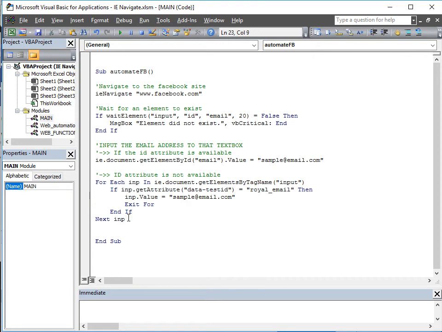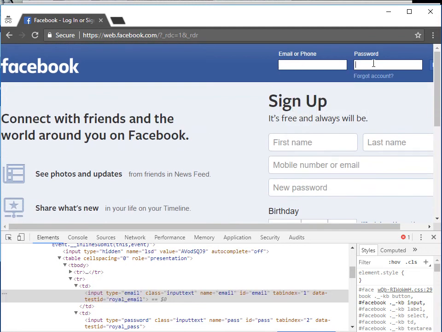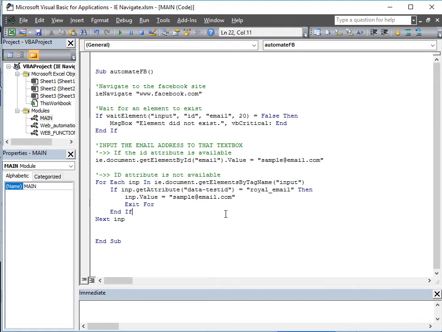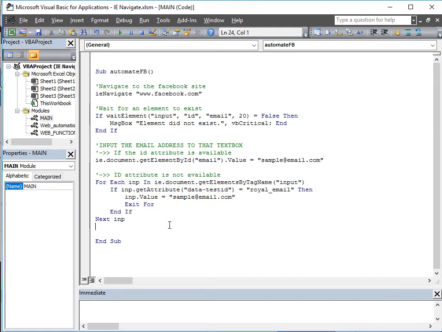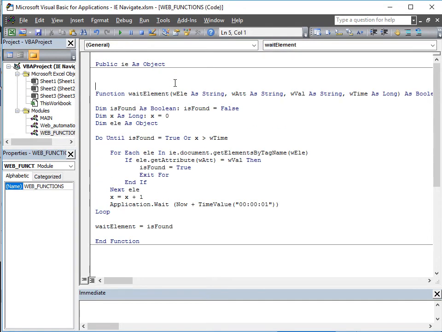But I think for example, let's assume that all these text boxes that you can see in this page don't have an id. So would you like to do this thing for each field? Okay, so again, I hope you can remember that that is why we have what we call a VBA function. So now I will create a function to input a value to an element that doesn't have an ID attribute. So going to our web function module, I'll just create another